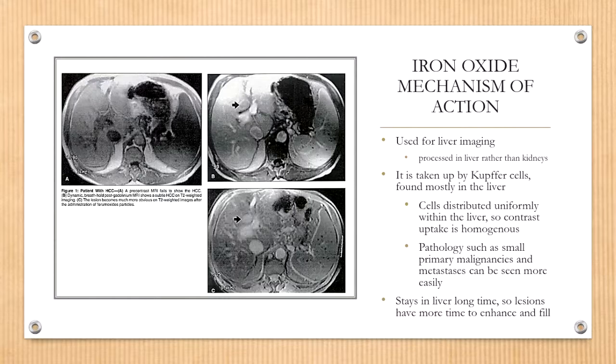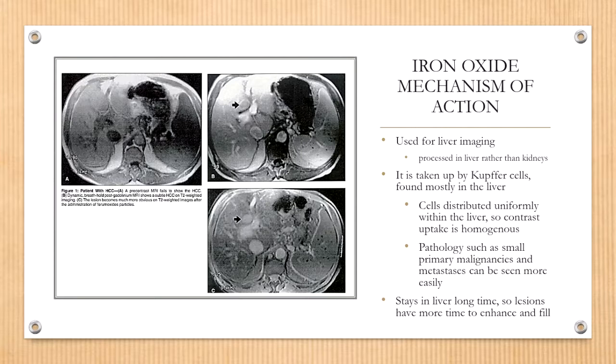Now, how do they work exactly? Well, because they're processed in the liver rather than the kidneys, we're able to look at the cells of the liver as this agent is working its way through. And that's why we have this multi-phase imaging, where we're taking an image immediately after injection, taking some sequences at the 20-second, at the minute, at the 3-minute, at the 5-minute. Those delayed images are there because the varying layers of the liver take time to process the blood